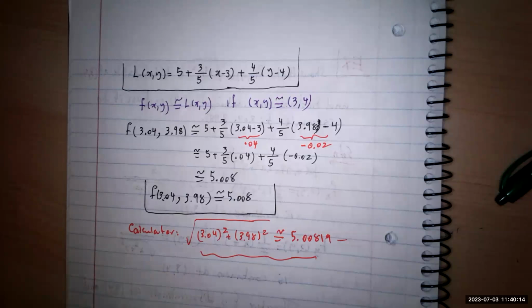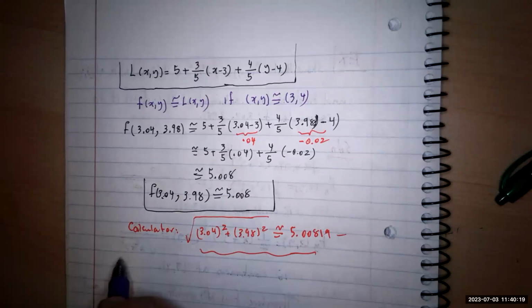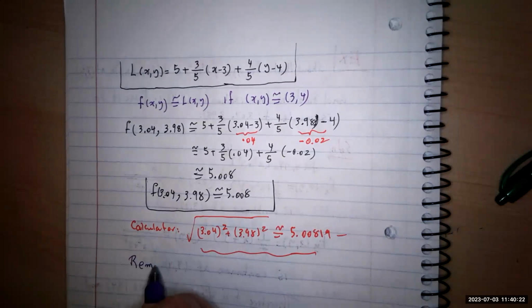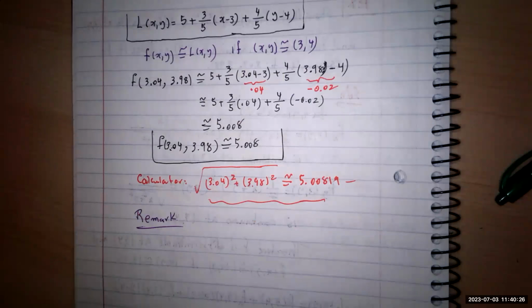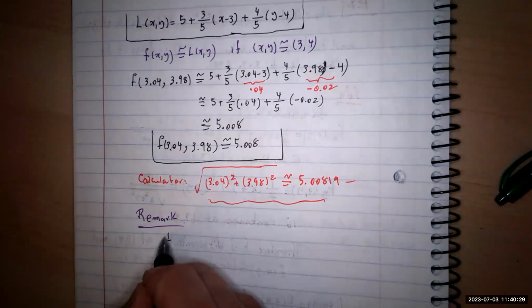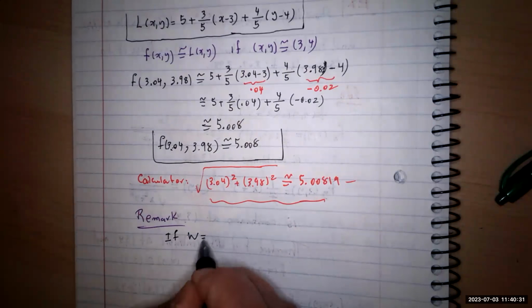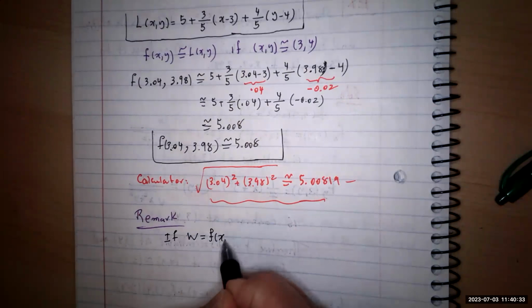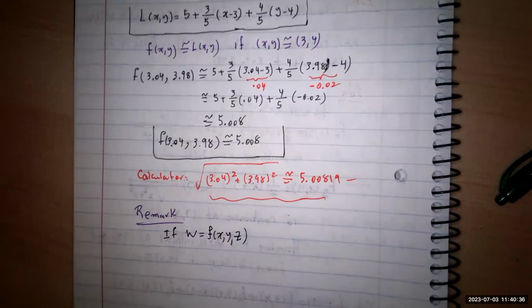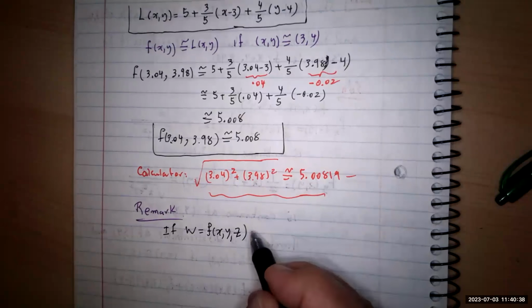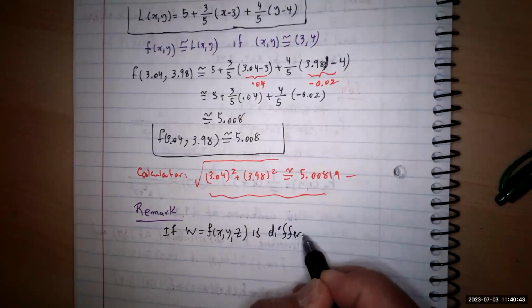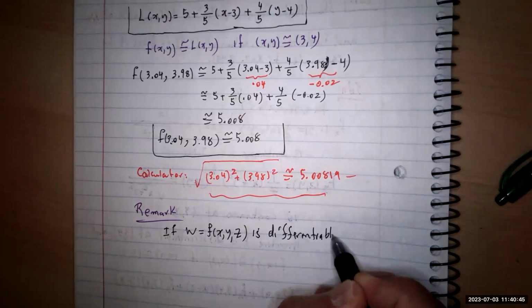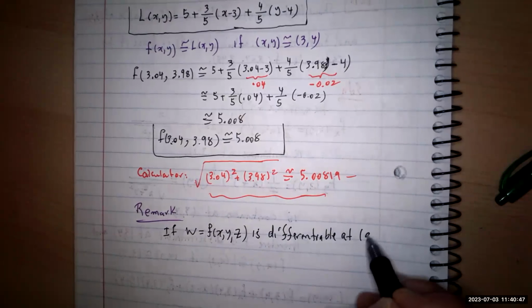I give you a remark to keep, because we don't have an example on that one here. So the remark is: if we call the function w equal to f of x, y, z, and it is differentiable at the point (a, b, c),